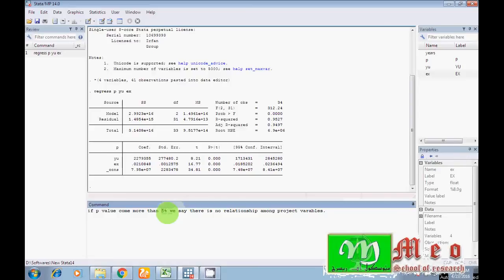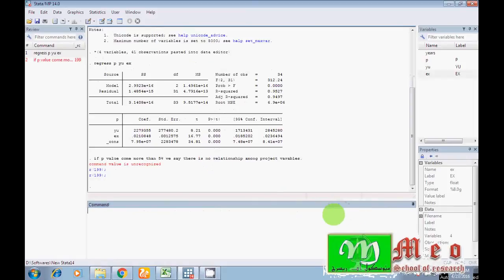As I said, if the p value is more than 5%, I say there is no relationship, but in our case the p value is less than 5%, so I would like to say that there is a significant association.